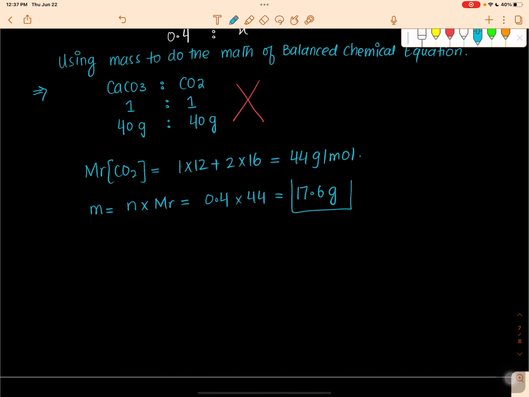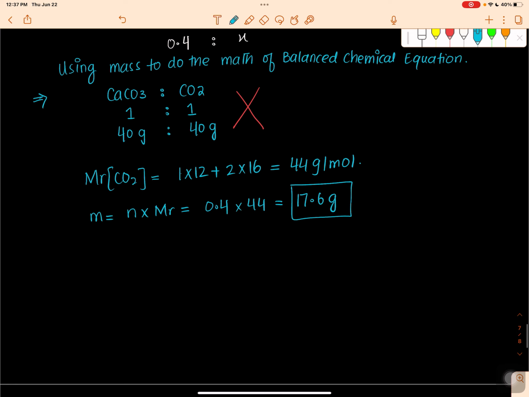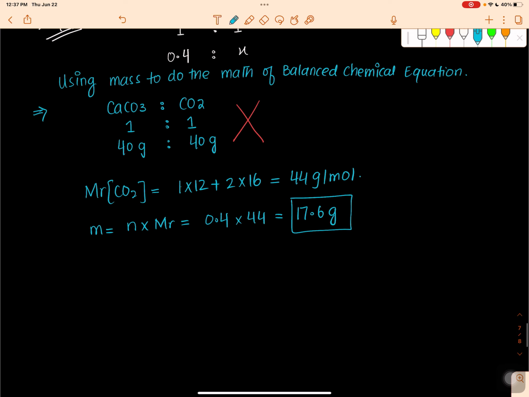So you see, the balanced chemical equation and the mole and mass interconversion concept that we used gives us that it produces 17.6 grams of carbon dioxide, not the 40 grams. So we never do our calculations in mass. Even if they have given you the mass of substances, you first need to convert it into number of moles, because